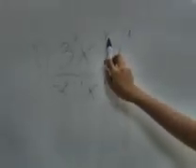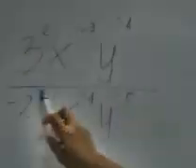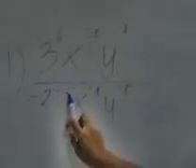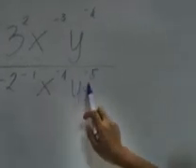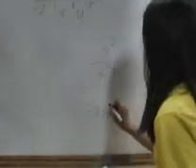Let's have the given for number 1. The given is 3 squared all over x to the power of -3, y to the power of -4, all over -2 to the power of -1, x to the power of -4, y to the power of -5. First, you have to copy the 3 squared as your numerator. Then, you have to put x to the power of -3, y to the power of -4 as your denominator. 3 squared all over x cubed y^4, all over 1 over -2 x^4 y^5.